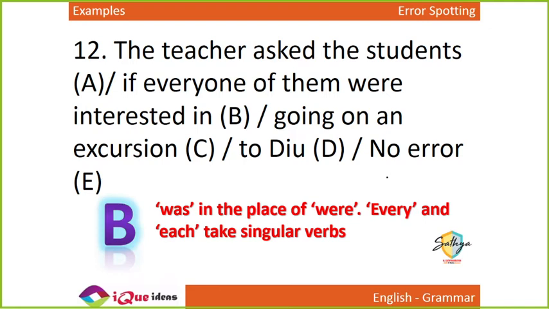Okay, Millie is asking if it was all instead of everyone. The teacher asked the students if all of them, yes, all will be used as a plural, but every is used as a singular. Millie, if all was there, then definitely it is plural. Amanbir, if it was given that every one of them was interested, I don't need any correction then. The teacher asked the students if every one of them was interested in going on an excursion. Sounds wrong, but grammatically it is acceptable. So in that case, I would say no correction is required.